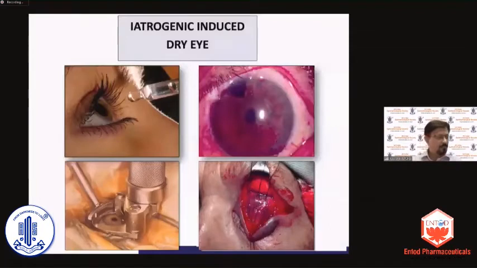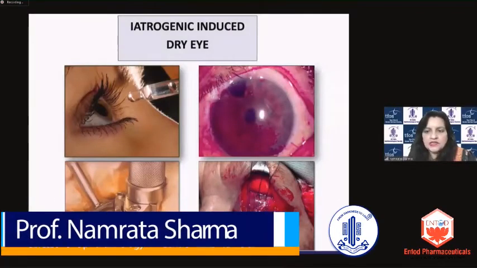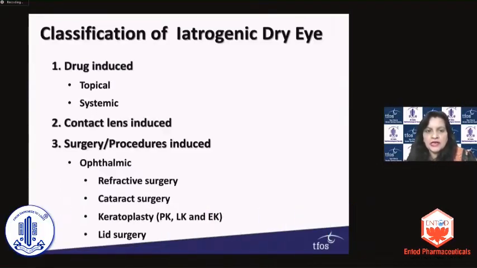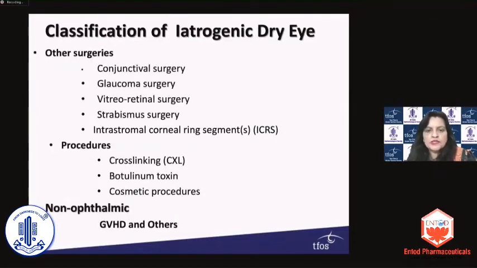So there may be iatrogenic symptoms, and it can occur because of medications. It can occur because of surgeries, which could be refractive surgery, even squint surgery, and drug induced could be topical or systemic. It can also be contact lens induced, and all kinds of surgeries, ophthalmic and non-ophthalmic, can cause iatrogenic dry eye. Notably amongst these are refractive, cataract surgery, keratoplasty, and lid surgery. Then apart from this, conjunctival, glaucoma, vitreoretinal, strabismus surgery, even intracorneal ring segments. Cross-linking is supposed to cause dry eye, then botulinum toxin, cosmetic procedures, and the non-ophthalmic conditions are graft versus host